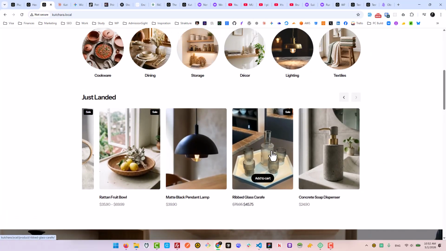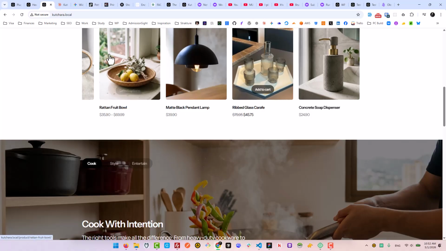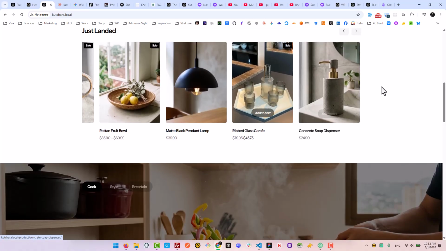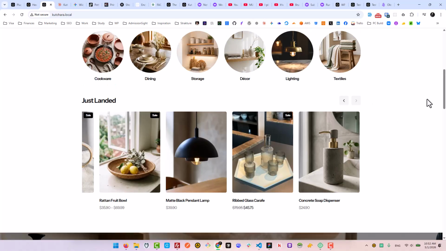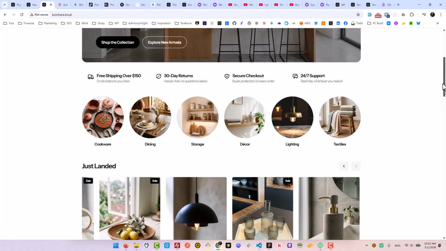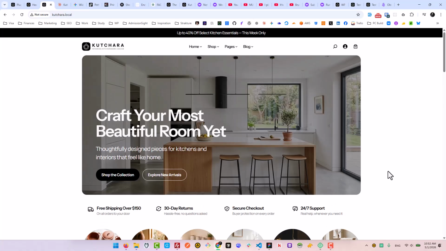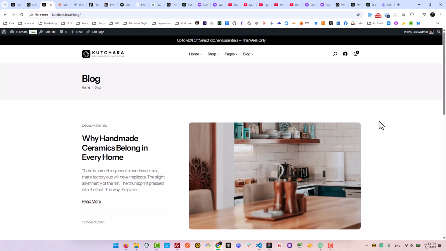So that's what I use for my imagery here. They're already optimized and really small in size, so that helps with the speed and optimization. Then what else here? Things like repetitive things, like blog posts, for example. I simply export my blog